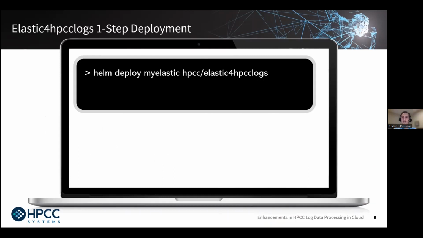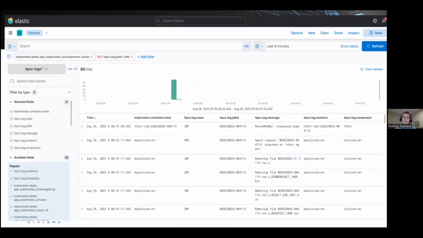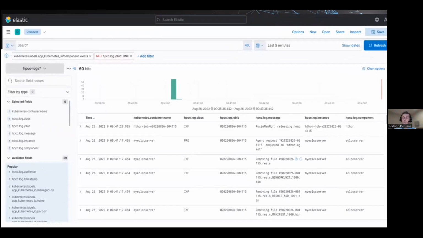Here's the one command needed to deploy the Elastic for HPCC Logs feature. Again, this assumes we have already added the HPCC Helm repo locally, which is a very simple process, but I also provide the exact command on the resource slides. Once this command is executed, HPCC logs start to flow from each container to a newly created Elasticsearch index dedicated